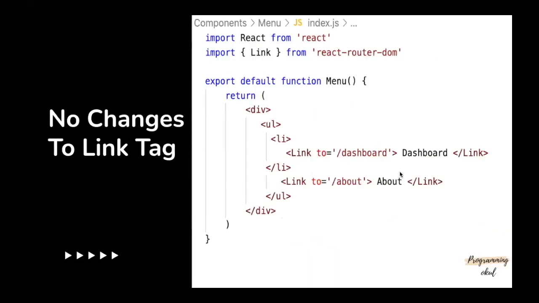So let's now talk about one more thing, which is the link tag. So for people who are using React Router version 5, you know that we create the menu using the link tag. Usually if you want to create the UI so that the user can click and go to different components, we use Link from react-router-dom. So there have been no changes to the link tag in React Router version 6. So it's going to remain the same. And I think if you implement the same link tag with React Router version 6, it's still going to work.